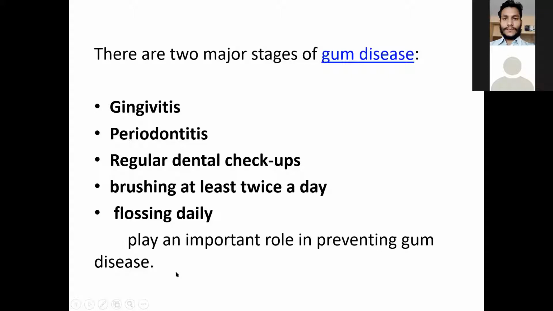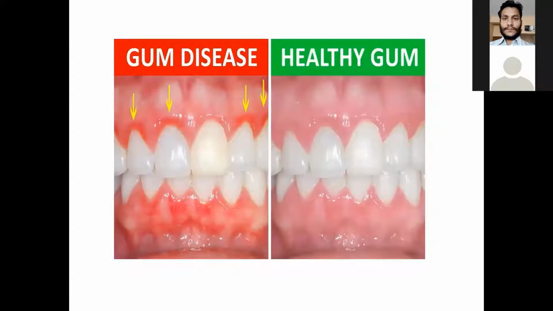One important thing is that the oral hygiene or oral health of a person is indicative of the general health of the person. So it is important to maintain oral hygiene and oral health. You can see how gum disease has affected the gum, and naturally it can loosen the teeth and cause all kinds of problems. You see how healthy gums look. They're generally pink and healthy, while here you can see it's red and swollen. There is gum disease, so it adversely affects the teeth.